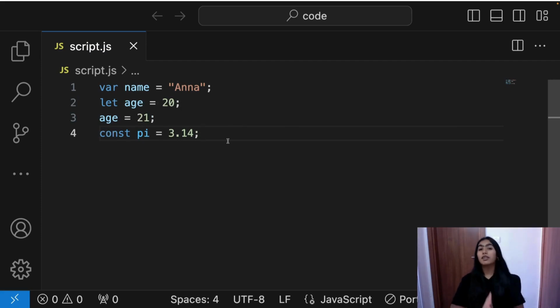Now const is something that will stay the same forever, like in the code. It cannot be changed. If you try to change the value or reassign it, it will give you an error. So let and const are the two main ones that are usually used. Var is like optional. So yeah, these are the three variables in JavaScript.